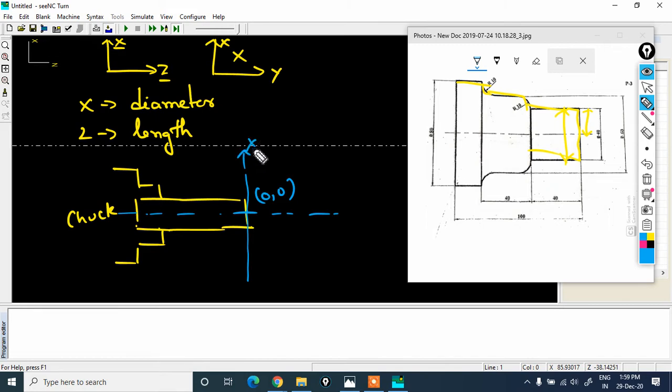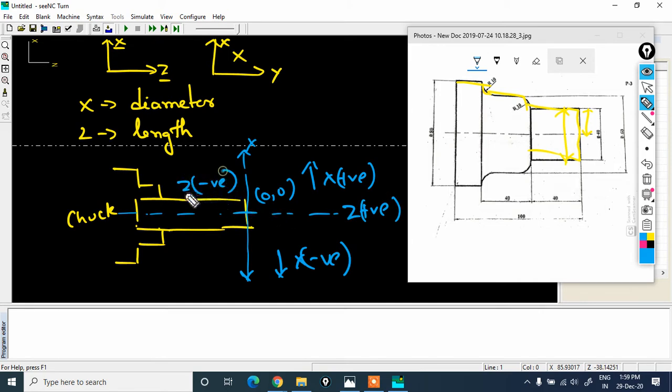X will be positive in the upward direction, and negative downward. Similarly, Z will be positive towards the right, and towards the chuck Z will be negative. Always remember our position will be in this form while defining the length.